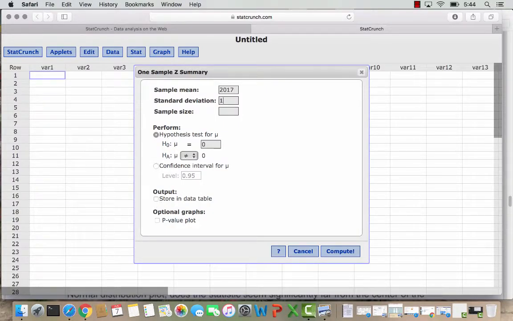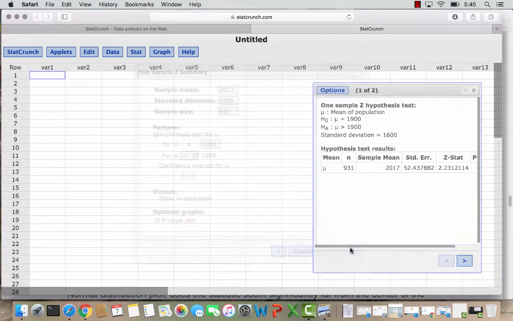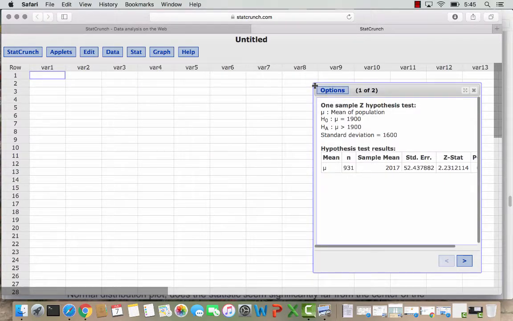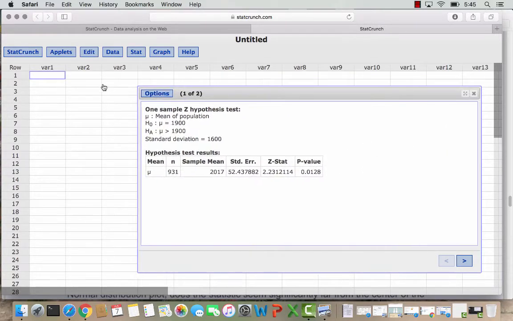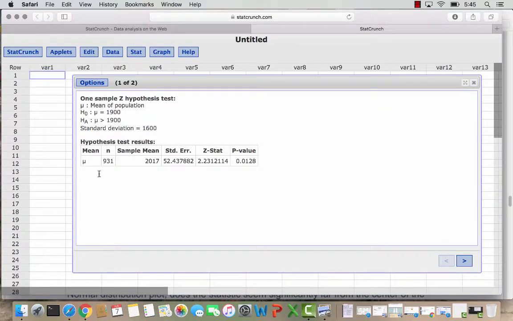Our standard deviation is 1,600, and our sample size is 931 homes. And then we're comparing our mean to $1,900, and our alternative hypothesis is that the mean is actually greater than $1,900. And then I check the p-value plot down here because I want to see the normal distribution graphed out for me. So this first window here is giving us the hypotheses written up here,